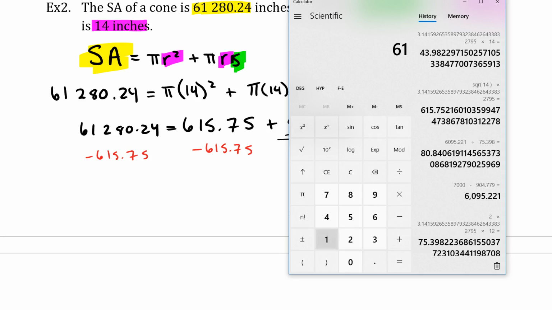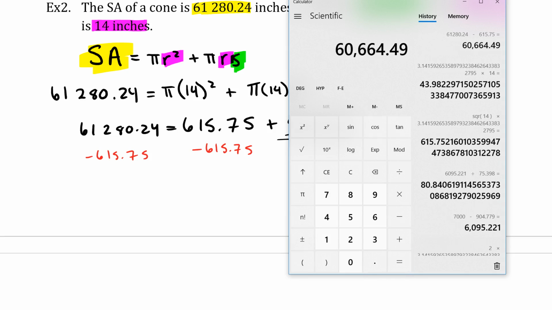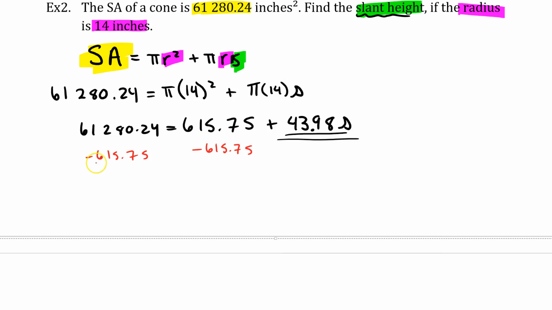So 61,280.24 minus 615.75 equals 60,664.49. So 60,664.49 equals